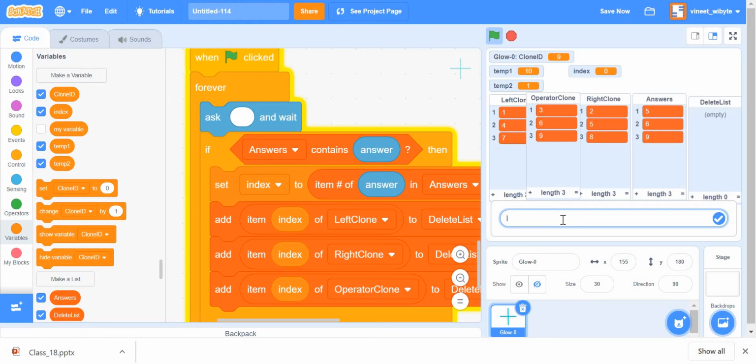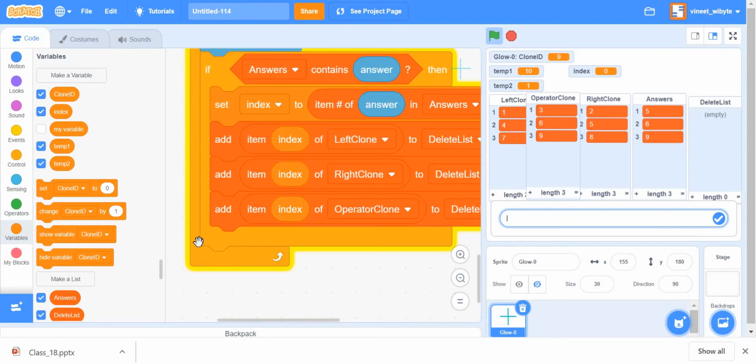Having done this, I will go and furthermore prune my lists right here. What do I mean by prune the list? Shorten these lists by removing this particular question and answer from these lists so that the game remains active, right? So for example, in this case, let's say I answered 9. I moved these three to the delete list. Also, I'm going to prune these lists by saying that, okay, 7, 8, 9 are already put in the delete list. Answers is also in the delete list. So I'm going to delete these things from these four lists.